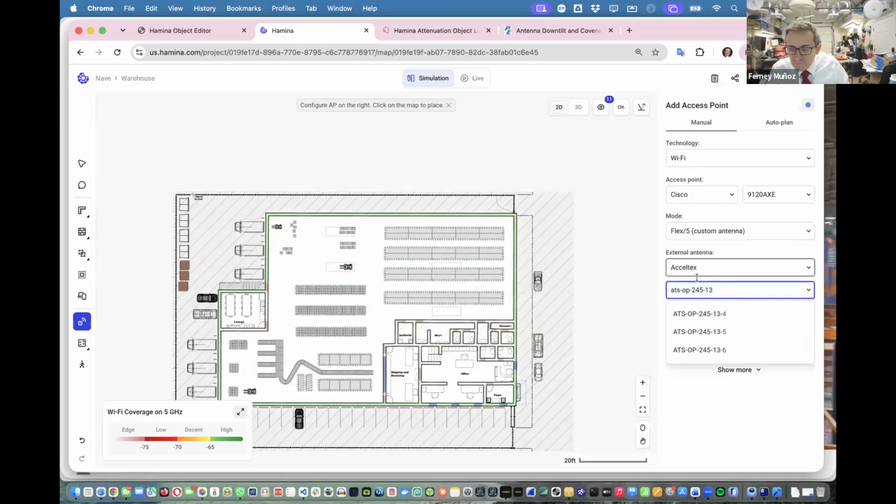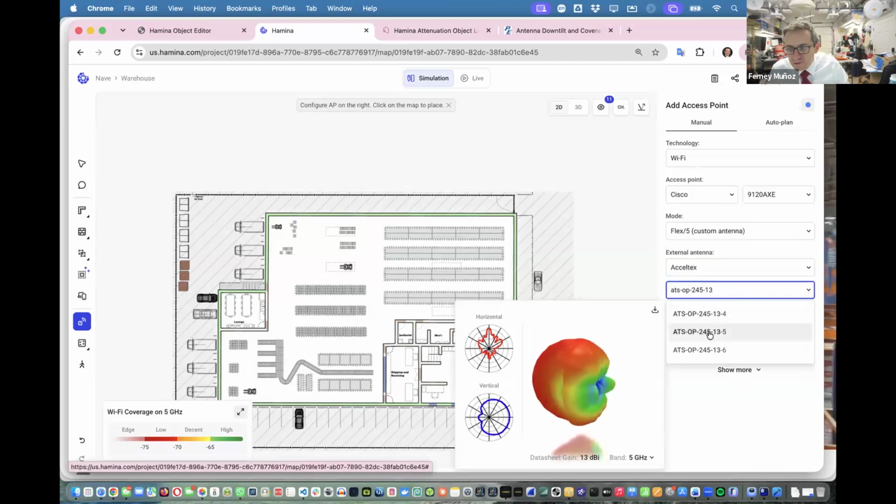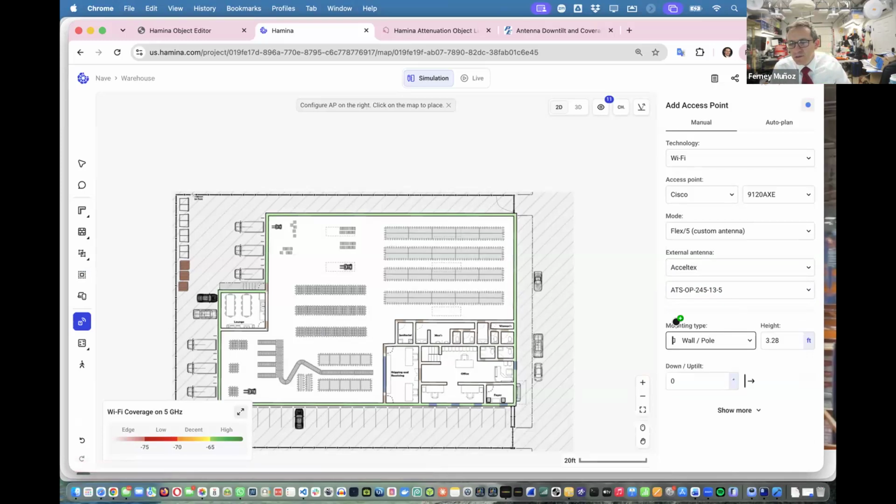Okay, we are in 5 gig. Yeah, let's use this guy. See, it has a 15-degree horizontal and 110 degrees vertical. So if I place that guy, let's say here,